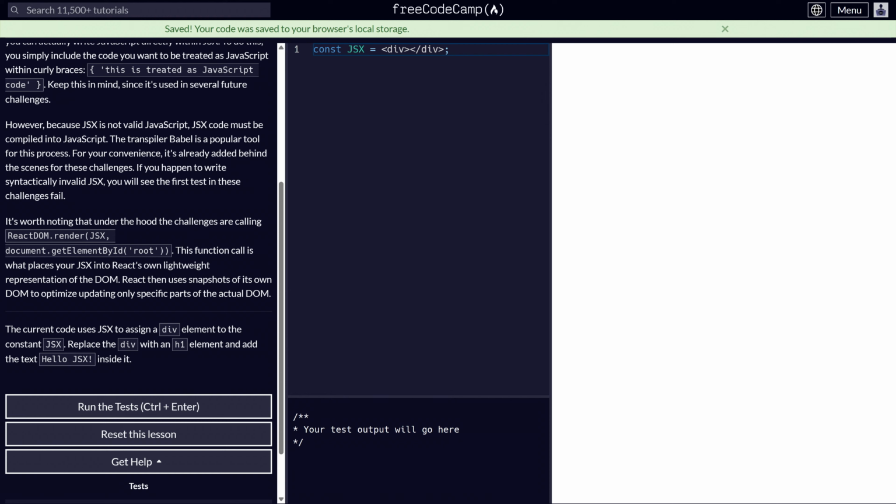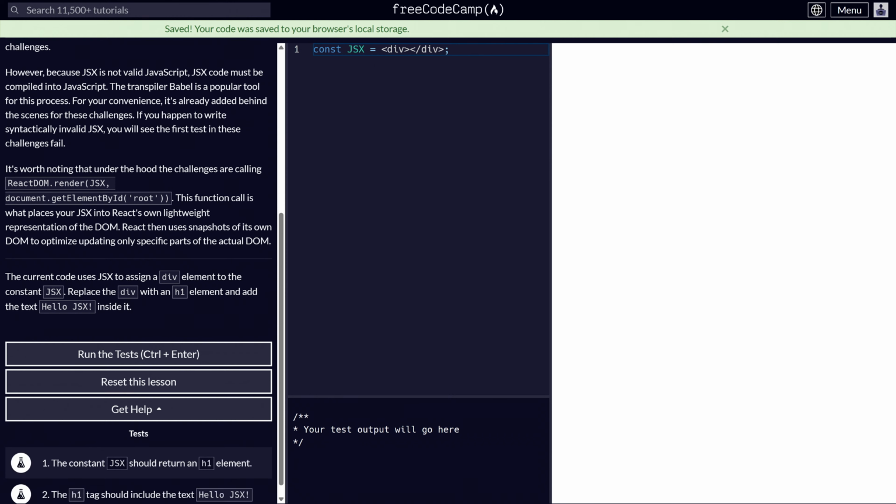However, because JSX is not JavaScript, JSX must be compiled into JavaScript. The transpiler Babel is a popular tool for this process. For your convenience, it's already added behind the scenes for these challenges. If you happen to write syntactically invalid JSX, you'll see the first test in these challenges fail. It's worth noting that under the hood, the challenges are calling ReactDOM.render(JSX,